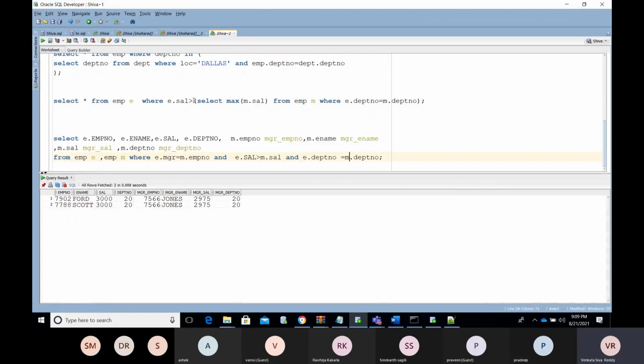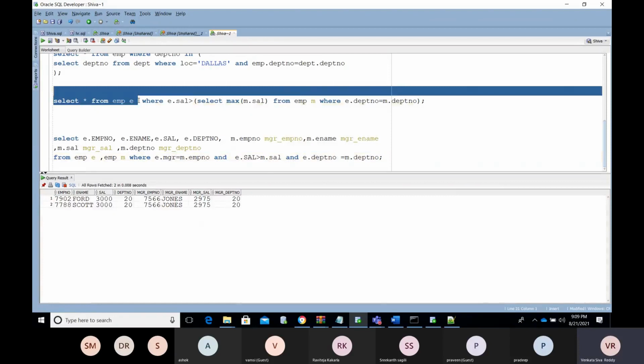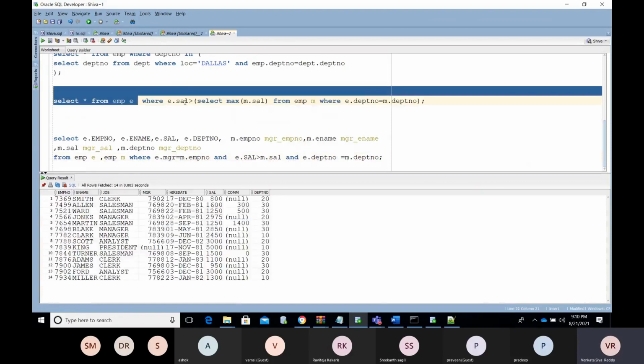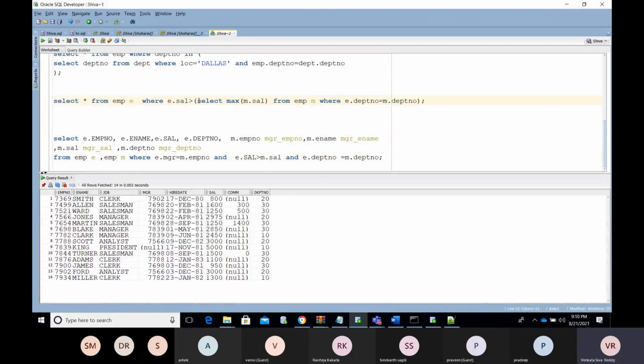Okay, how can we write this? Now we have the employee information. Now you are going to use employee salary versus manager salaries. So you are going to get the maximum salary of each department now.